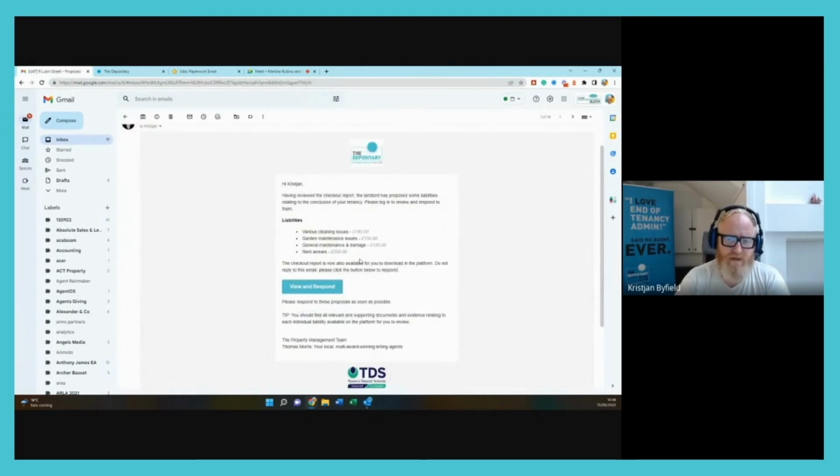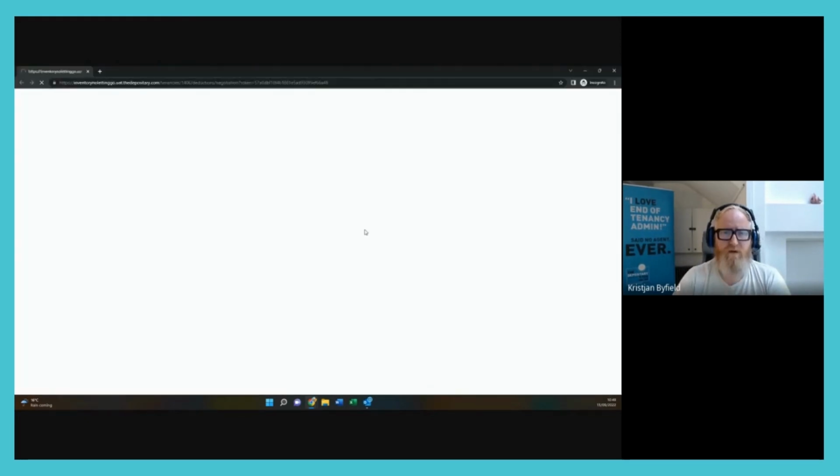Now, the only slight difference is the email to the tenant, we actually itemize the deductions before they even go in the platform. The settings were made so the checkout report was only available at this stage. So we've now got the statement, the checkout report is also available. Yeah. And the tenant jumps in, and it's similar, just a very slightly different design for tenants, but very,